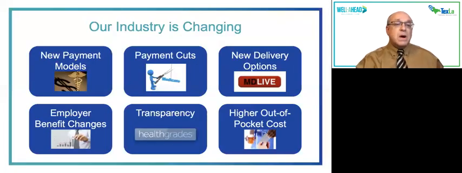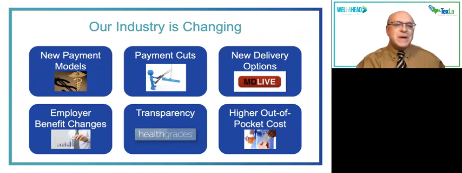So first of all, we are all under a lot of change structures right now. We have new payment models that many of us are under now. There have been payment cuts from most insurances and the governments, et cetera. There are new delivery options. You know, we're talking about one of them now, doing telemedicine. So we're trying to be at the forefront of this. There are employer benefit changes. So employees actually have different benefit structures. They have more out-of-pocket expenses up front in their insurance plans. So they often delay care and seek other ways to obtain the care than your office maybe.